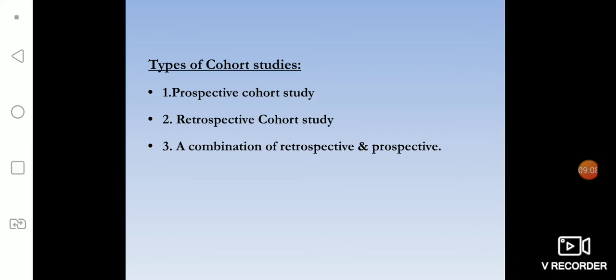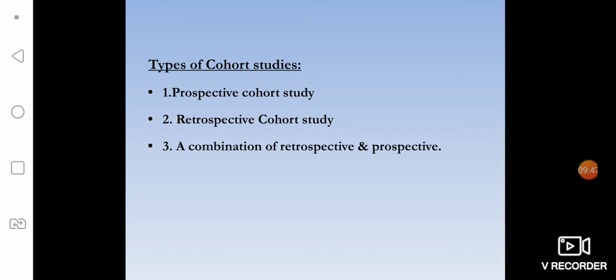Now we are in 2020. We would like to know how much smoking is causing lung cancer. So if you are planning a cohort study, we will take up the children who are in a primary school, and we will follow them for 10 years so that they become adults and develop a smoking habit. And from then we will follow them for another 10 years to see the effect of smoking for 10 years. And we will find out how many of them have developed lung cancer or not. This is called a prospective study.